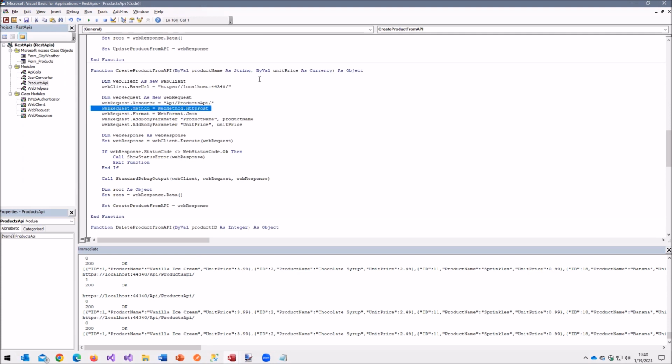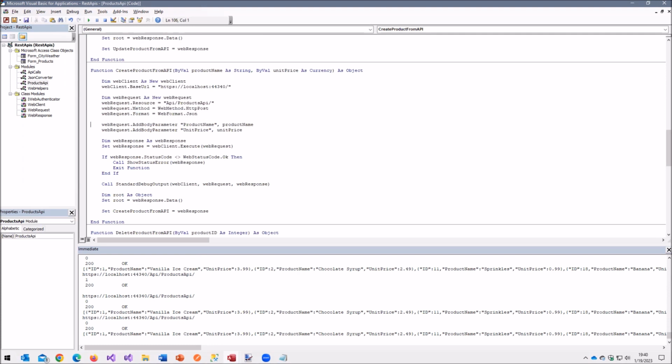Here we are, post. So we had HTTP get for select, HTTP delete for delete. Now we have HTTP post for creating a new guy, web format JSON. Now, here's what's different. I have to add body parameters because the data that I want to add has to be passed in the body.